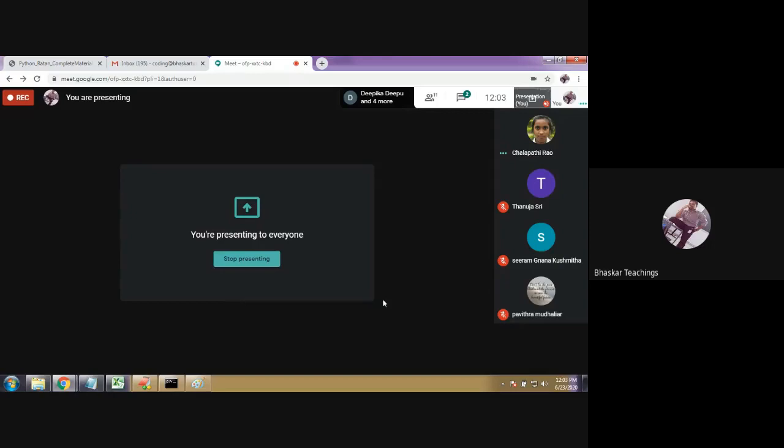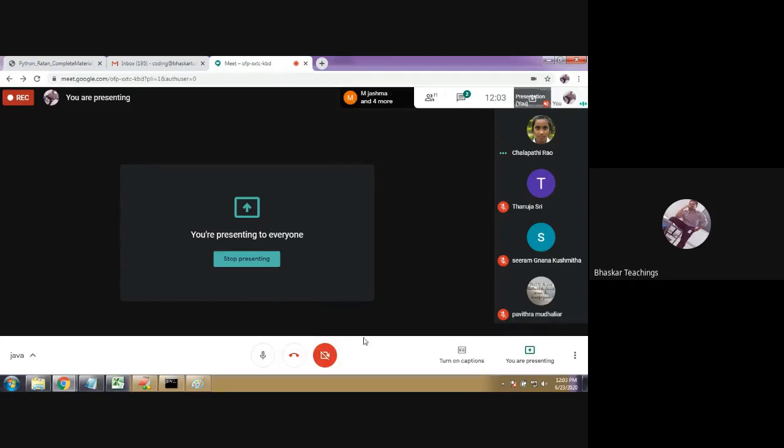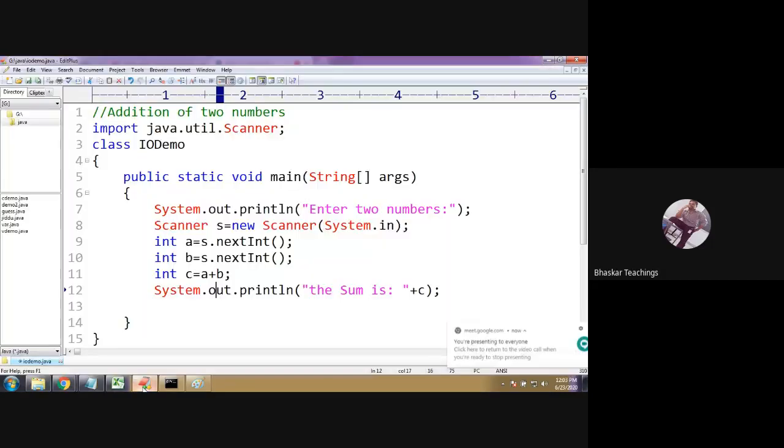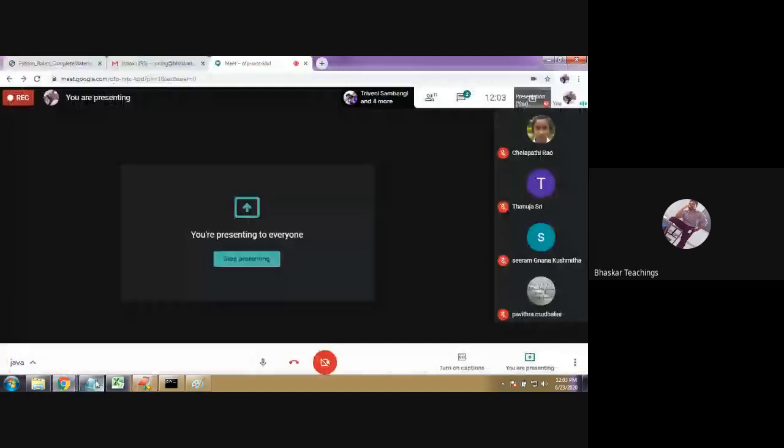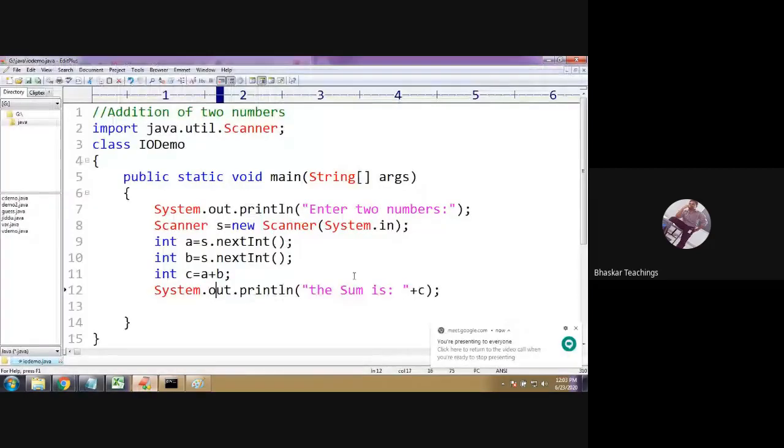Very good doubt, Shreya. Awesome. Actually, I thought to say that, but I forgot anyhow. You asked the doubt. The doubt is: sir, you are saying the nextInt method is used to read an integer value from the user, but we do not have a nextInt method in our program. It belongs to the Scanner class of the util package. Therefore, you created an object for that Scanner class, and on that object you are calling the nextInt method.